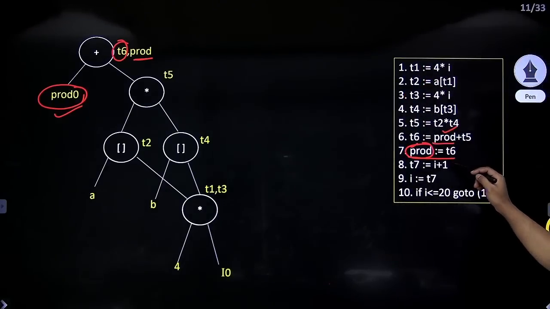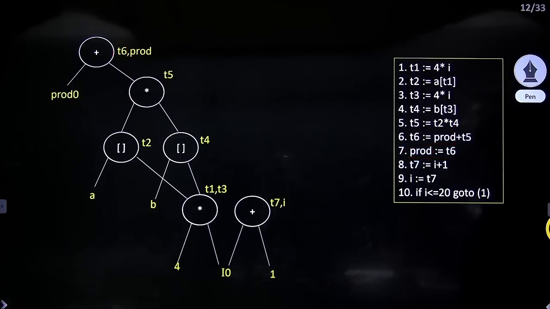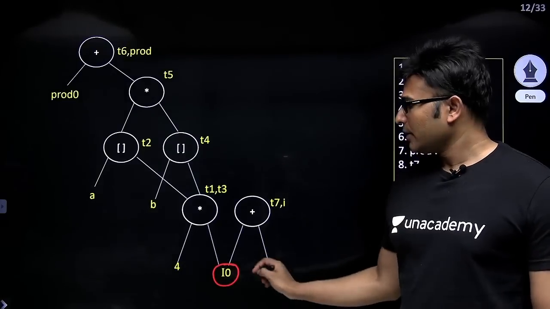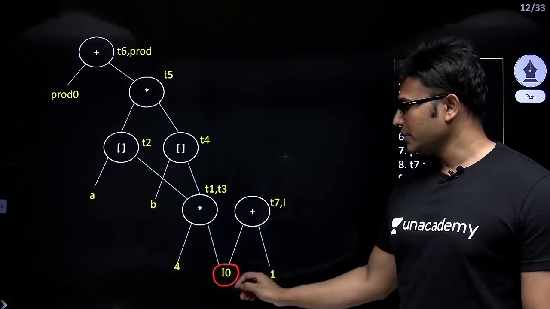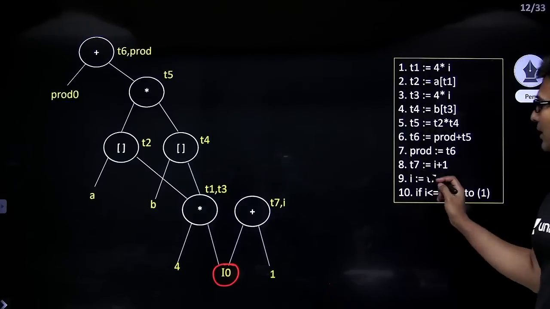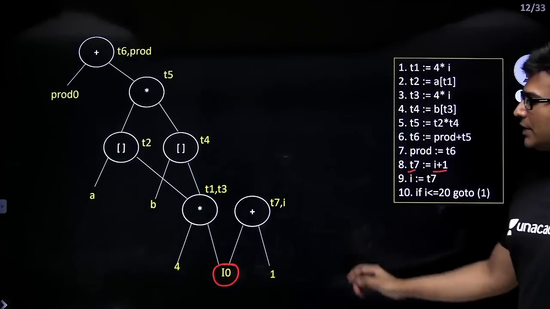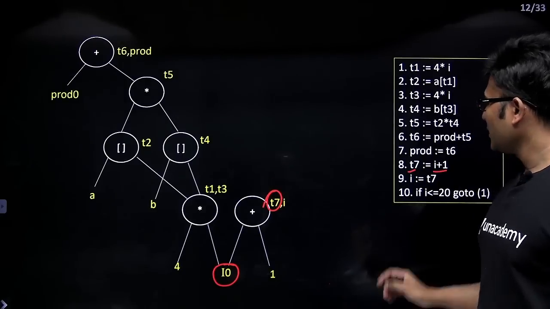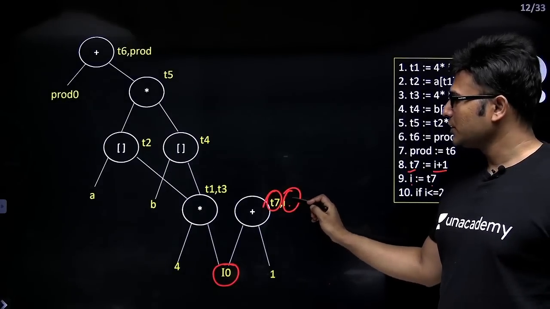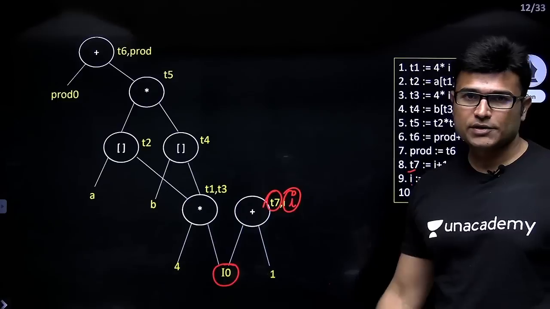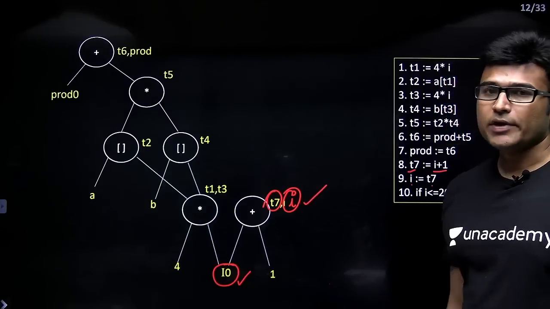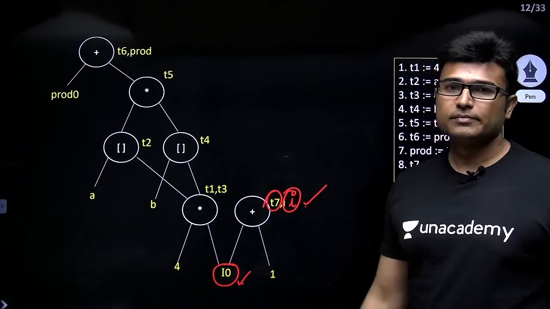And now the next one is T7 equal to I plus 1. So I is already present. So that is why I is again used, right? And I value has not changed. So that is why I naught only. From I naught, I am just using T7 equal to I plus 1. So that is why T7 is written here as the tag. And the next line is I equal to T7. So that is why I am writing I also to the same node. Okay, T7 and I now both are same. Now remember this, the value of I here is different and the value of I here is different. That is why I am using I naught here and I here. Got it?